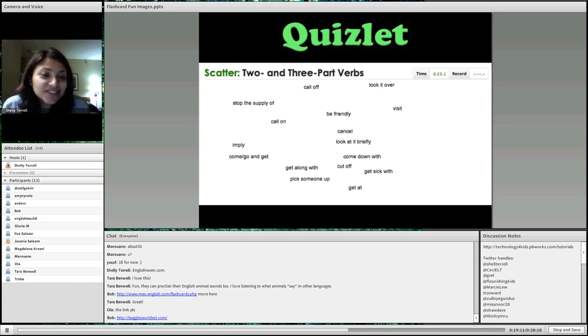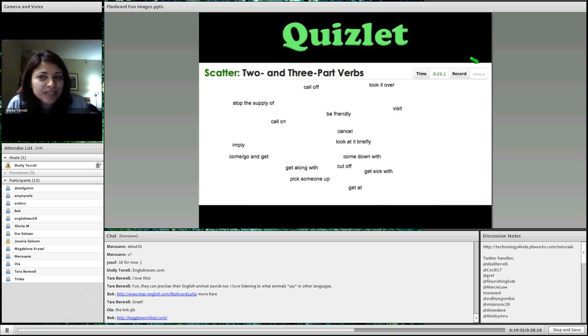So there are other tools, you may have heard me mention this before, that are free online, where the students actually can play games with the flashcards that they make. You can embed this in a website or wiki. My favorite is Quizlet. I love Quizlet. And the great thing about Quizlet is they have so many